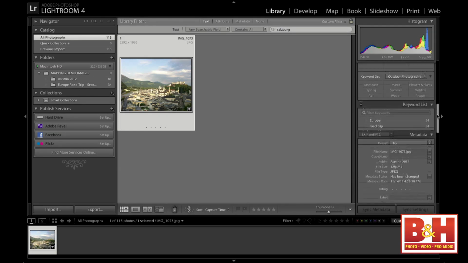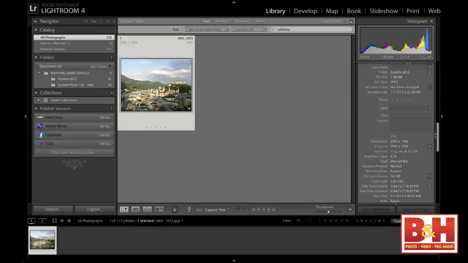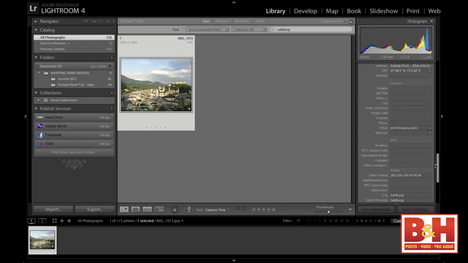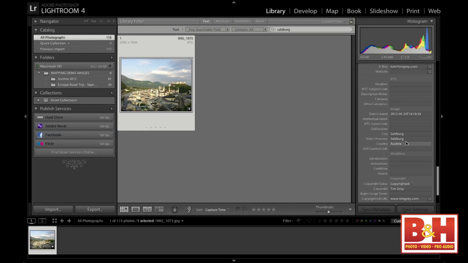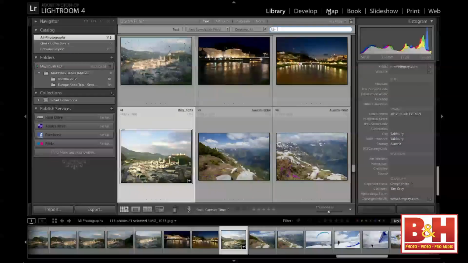Okay, maybe I don't have an explanation because I don't see, oh, there it is. But wait, how did that get there? I never typed it. Well, that's because I have the ability to allow Lightroom to put that information in automatically based on the actual GPS coordinates. And so even if I didn't type keywords or didn't add location information, because there's GPS coordinates, in effect that information is there. So I can certainly search just through kind of the normal means, you might say,